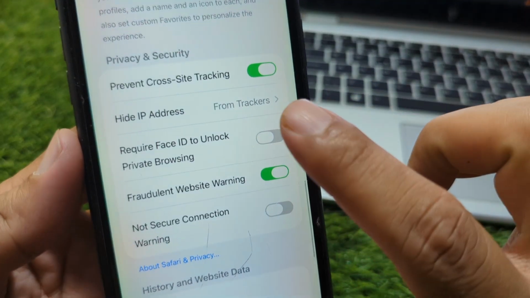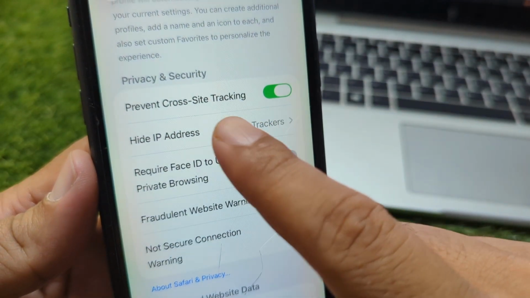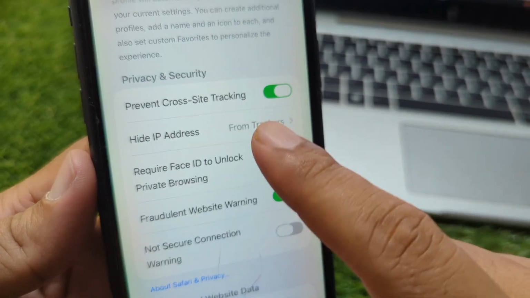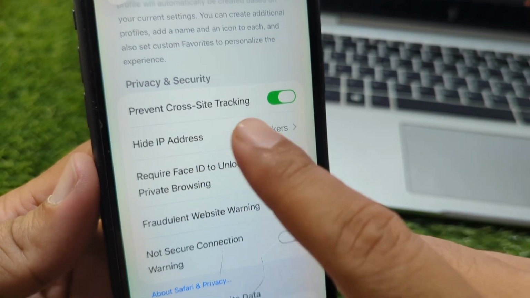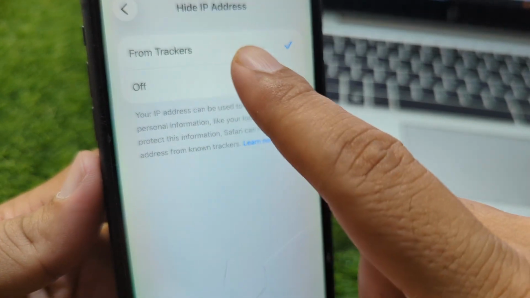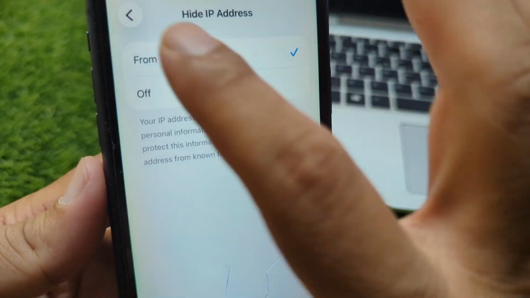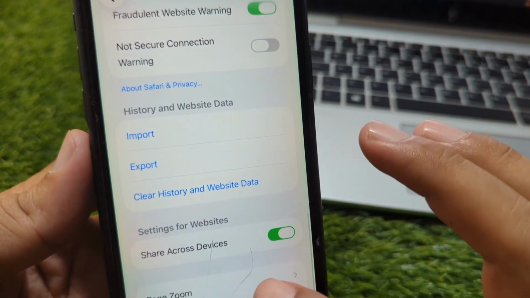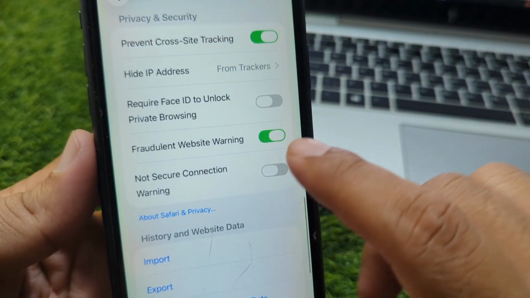and then you have to simply turn on the toggle for prevent cross-site tracking. So guys, you can see this. If it is off, you have to simply turn it on, and also you have to simply tap on hide IP address and then you have to simply choose to hide from trackers. So guys, if it is off, then you have to check this to hide from trackers. So guys, simply hide your IP address from trackers,